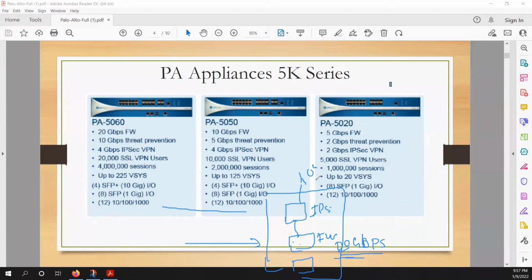If you are using both, you are not getting 30 Gbps, you are getting just 10 Gbps, the least one, because IPS is going to create a bottleneck over here. It can process the traffic up to 10 Gbps. So even though your firewall is really very fast, each packet needs to be scanned by the IPS, and then you would get the least speed, 10 Gbps.